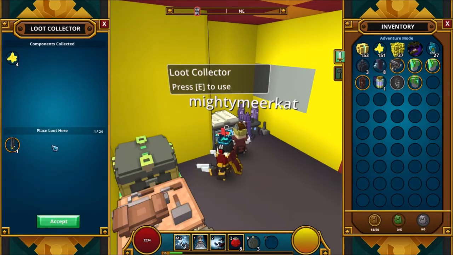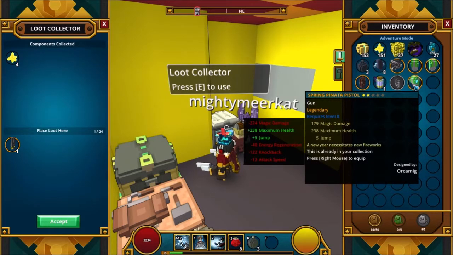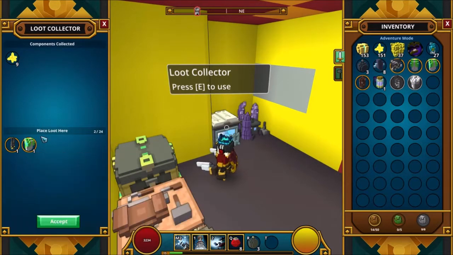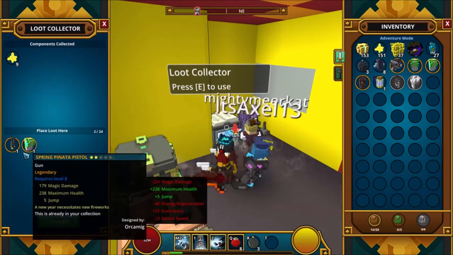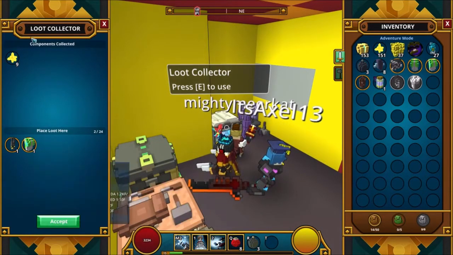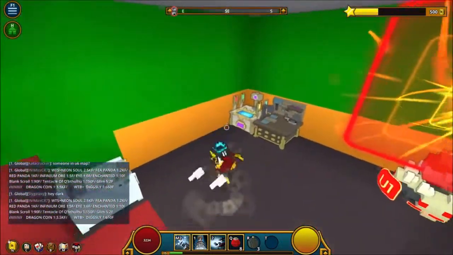Not much, but upgrading. Let me just say something. So I have 3 of the same hats, or 3 of the same pistols. Let's say you want to keep one, but then you want to use one as a skin for later. You just right-click one of them in, and it'll say components collected. And let's say I already have used this pistol before. So in the components collected, it will have the skin right here. So then when you click accept, it'll go into, what would you say,